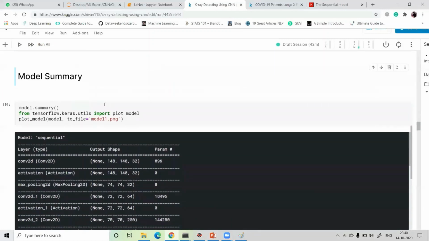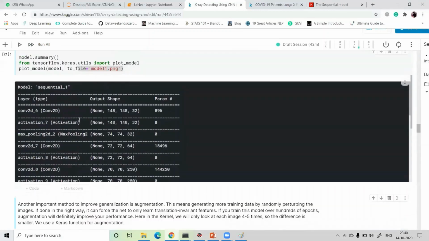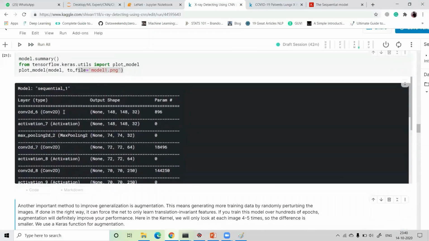Okay, next, first of all I print the summary of our model. After printing the summary, I plot the image of this. So let's print. First of all, this is the summary of our model.